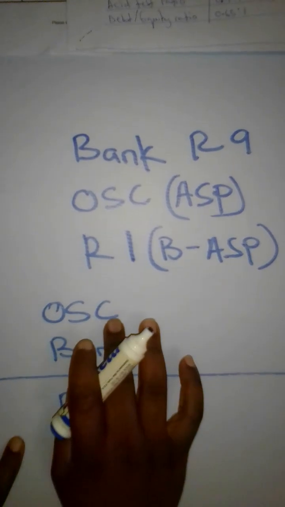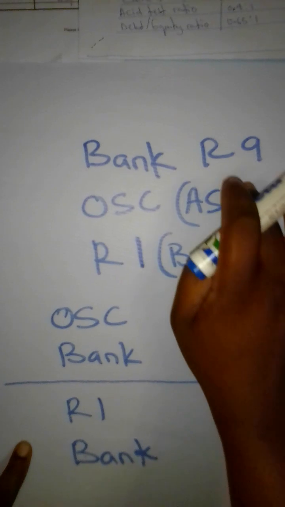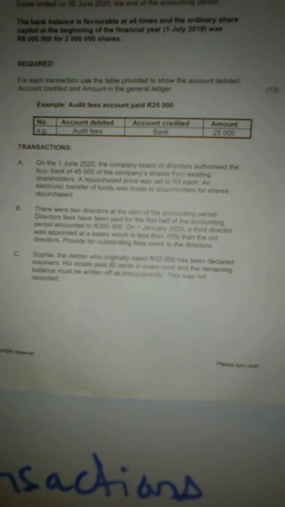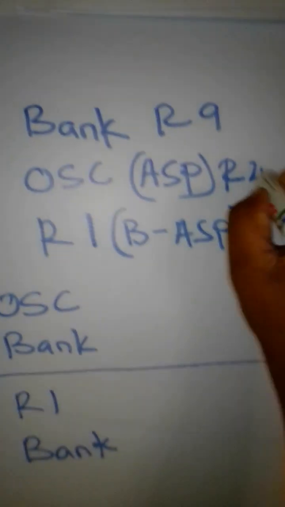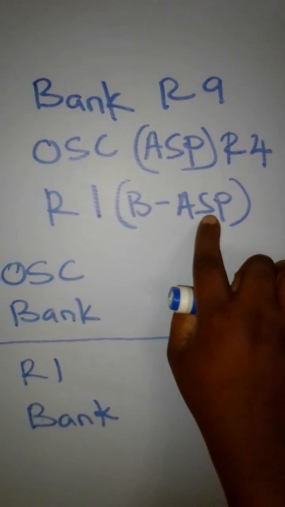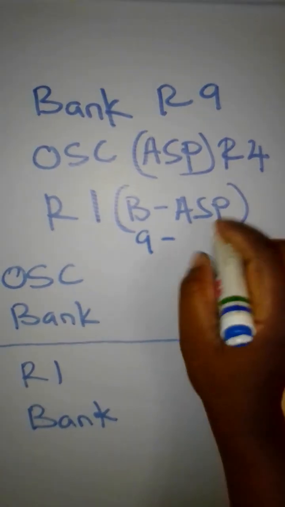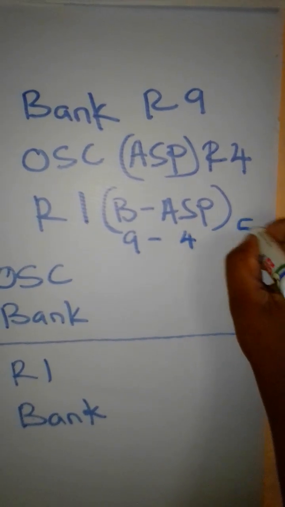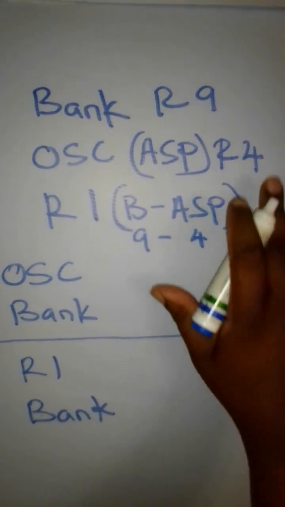Okay, so ordinary share capital, remember, it's the average share price. How do we get the average share price? We look at the number of shares that are there, and then we divide the number of shares into the ordinary share capital that is given. So it's 8 million rand and 2 million shares. If we say 2 million into 8 million, we are going to remain with 4 rand. So 4 rand is our average share price, which means that our retained income, remember I said bank minus average share price, is more or less like we are saying 9 minus 4 rand, which will give us 5 rand. So the retained income is 5 rand.